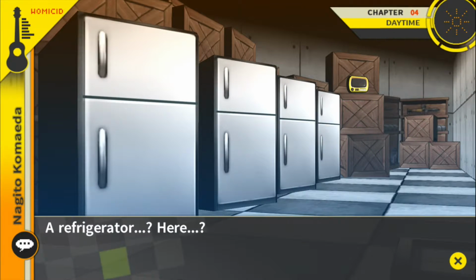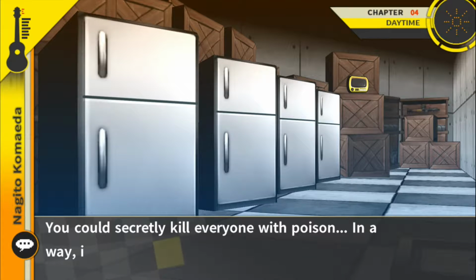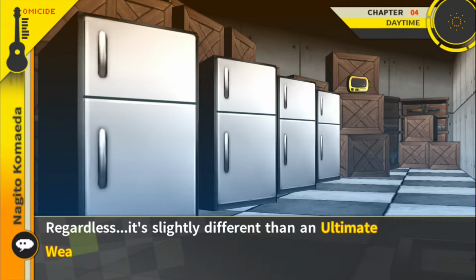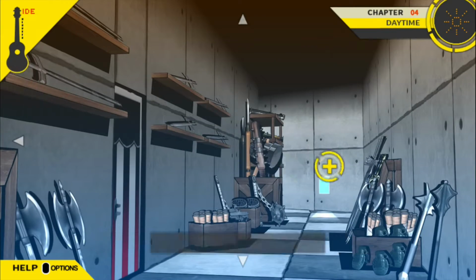Refrigerators? A refrigerator here? I wasn't expecting to find drinks in it, but when I opened the door and peeked inside, I see, there are poisons stored in here. You could secretly kill everyone with poison. In a way, it could be considered the most powerful weapon. But in that case, you'd have to ignore the rules. Regardless, it's slightly different than an ultimate weapon. Something called ultimate should make my heart dance with joy. Oh! Wait! Ultimate... Oh! He's not talking about...